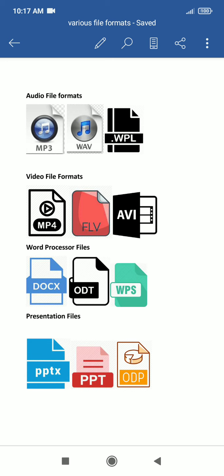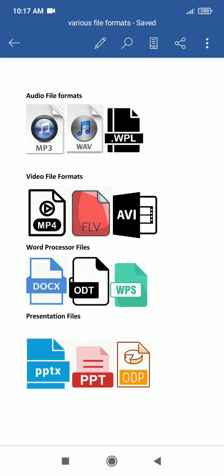So here I am listing for you the various file formats with some examples. Okay, first one is audio file formats with popular extensions like .mp3, .wav, .wpl. Video file formats with .mp4, .flv, .avi.